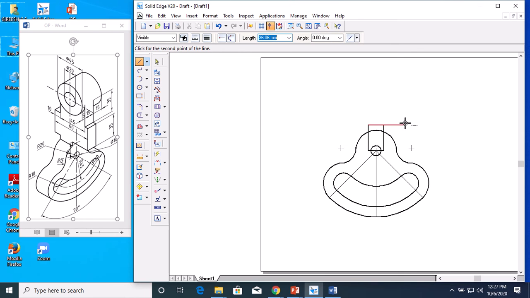Once you draw this, remove the unwanted lines here. I don't want this inside line, this line, and this surface is also not visible. Only up to this point it is visible, from here to here it is not visible. After that you close this, so only this portion will look like this.